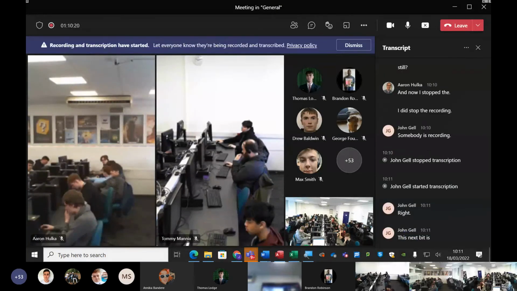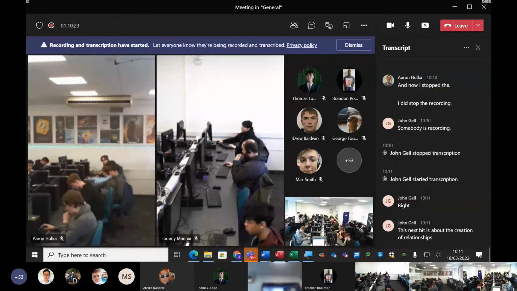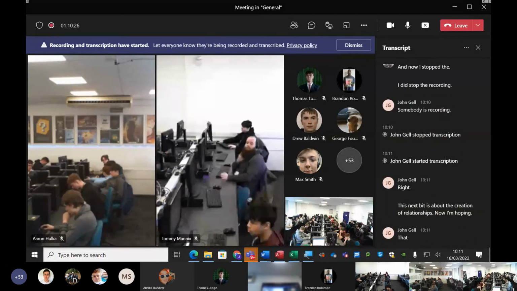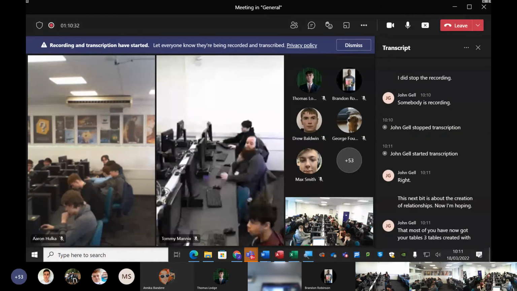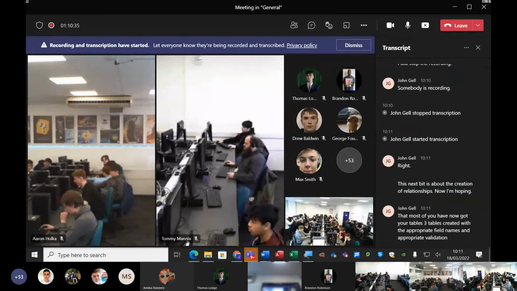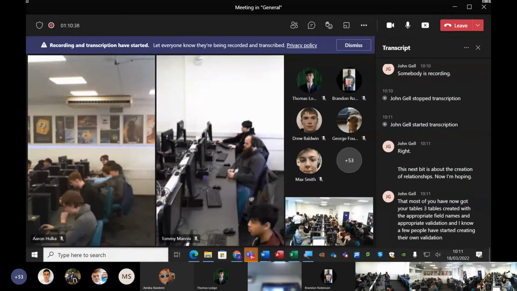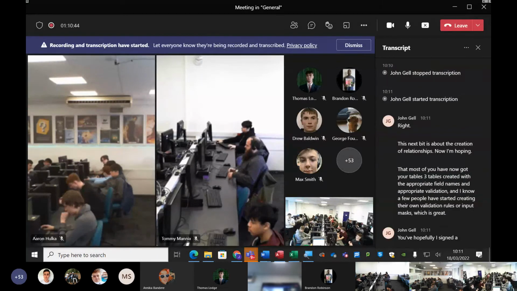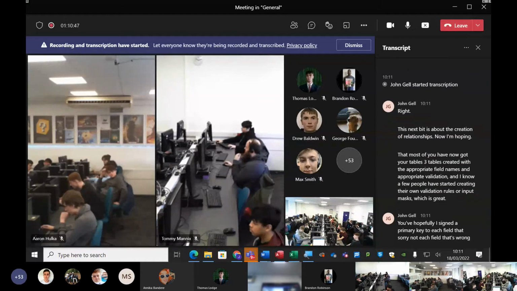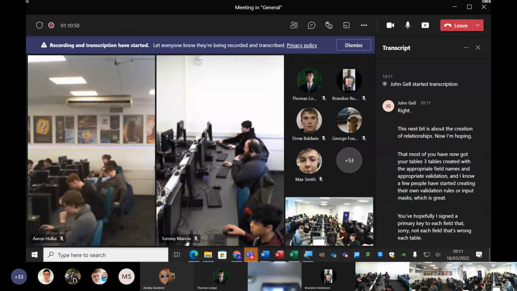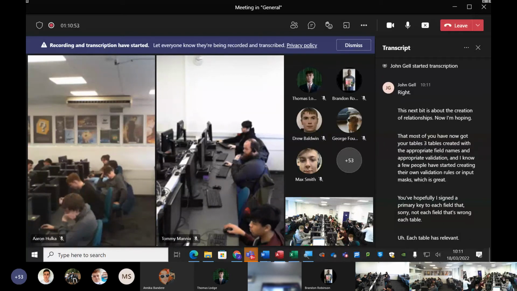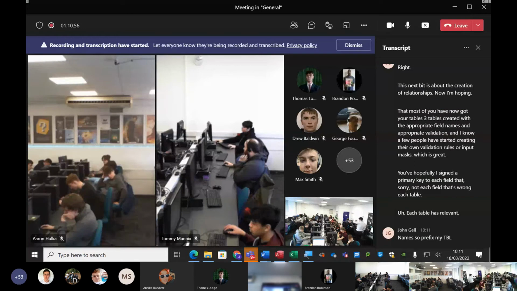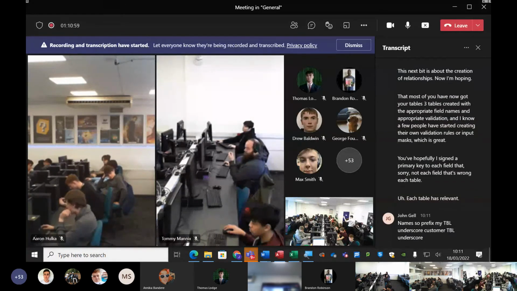Right. This next bit is about the creation of relationships. Now, I'm hoping that most of you have got your 3 tables created with appropriate field names and appropriate validation. I know a few people have started creating their own validation rules or input masks, which is great. You've hopefully assigned a primary key to each table. Each table has relevant names, prefixed by TBL underscore customer, TBL underscore technician details, whatever it is,